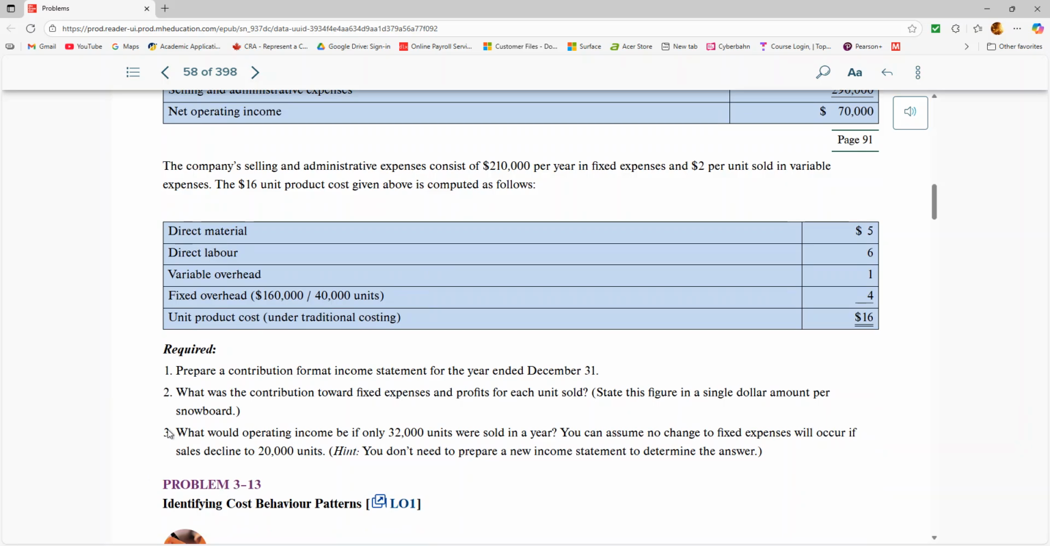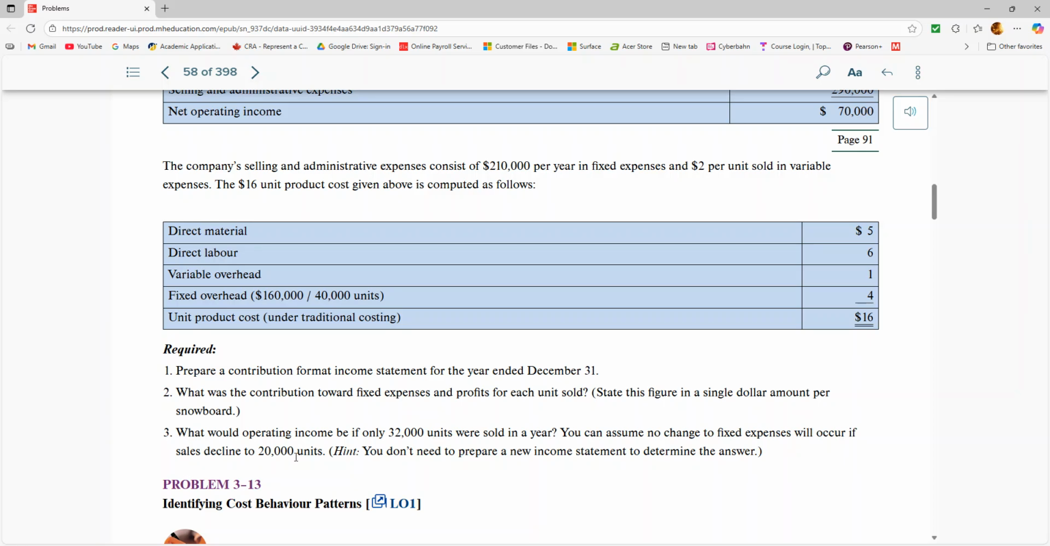To use that, we're looking at the same example, and now we're looking at it from the perspective of if the company increases or decreases production the next year, how does this impact the company? So they ask us to look at two different scenarios. The first scenario is: what would the operating income be if only 32,000 units were sold in the year? You can assume no change in the fixed expenses incurred,